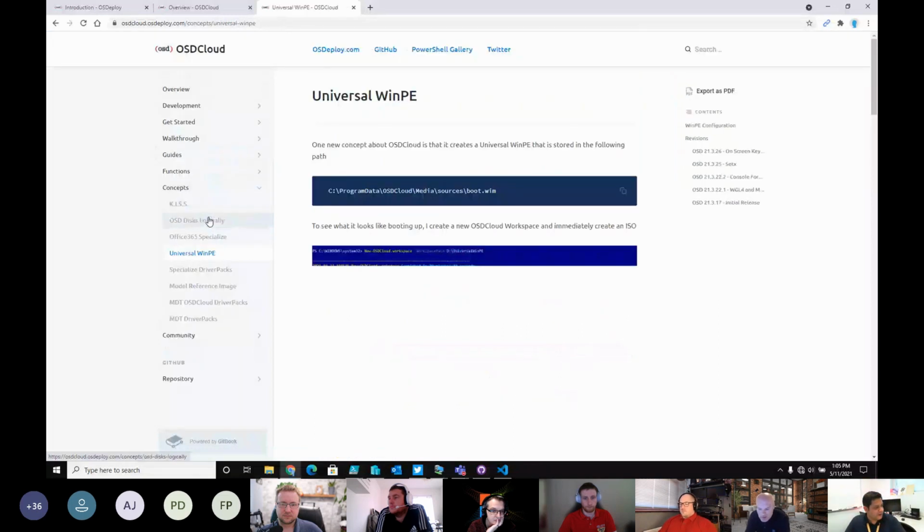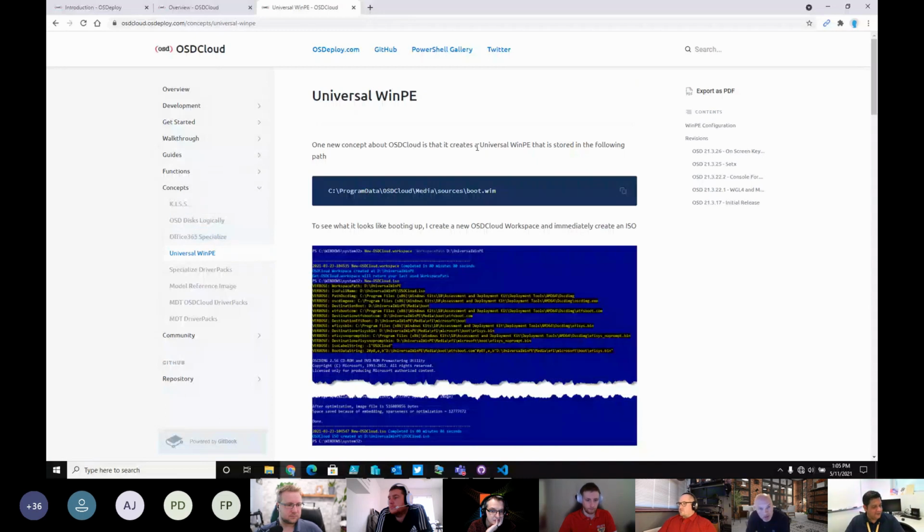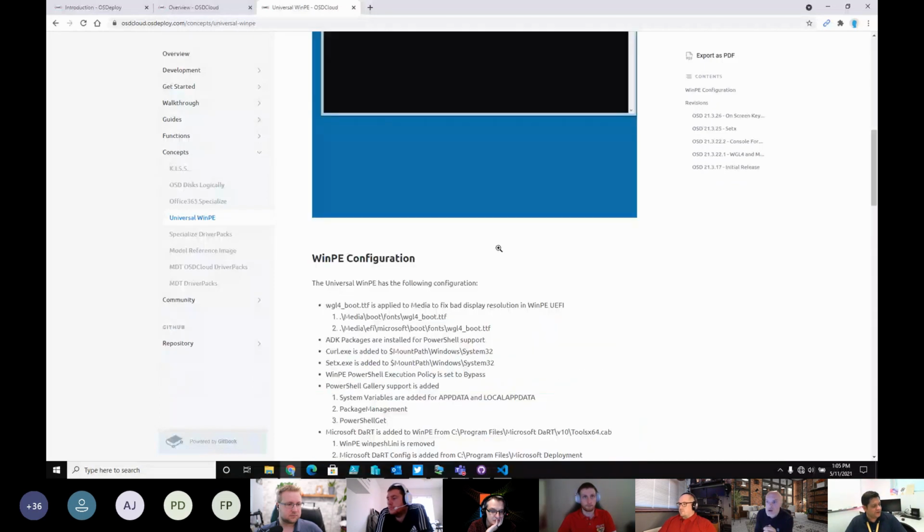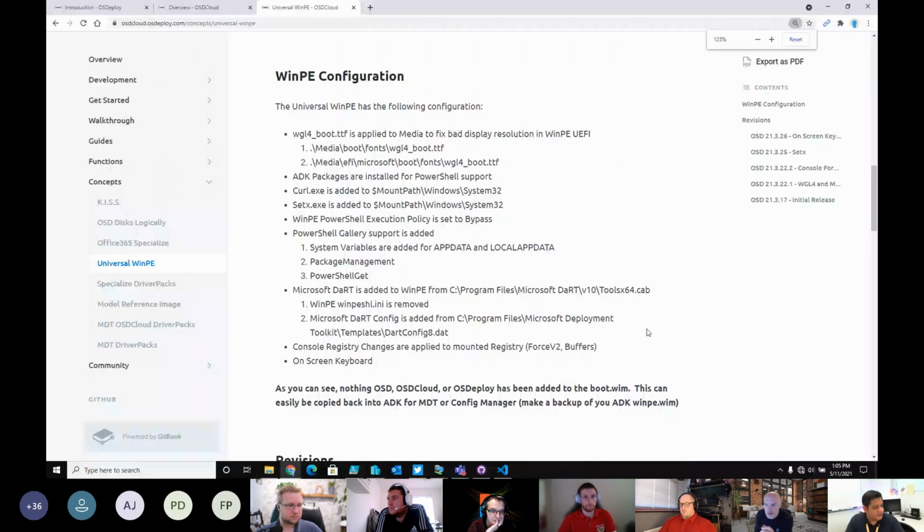And what this will explain is what I do to WinPE to make it a default. Well, what kind of customizations? And they've all been listed here. I hope everyone can see this well, but it's broken down, and I do update this as I make changes.